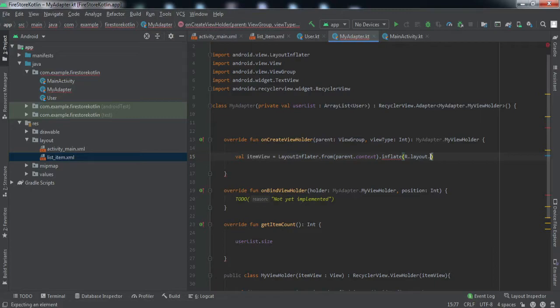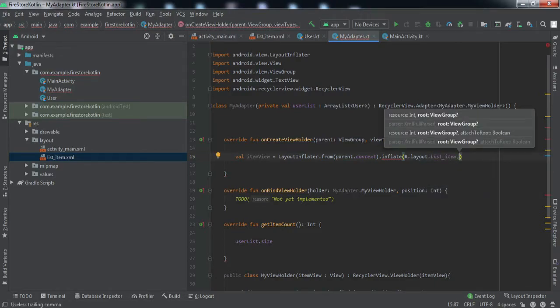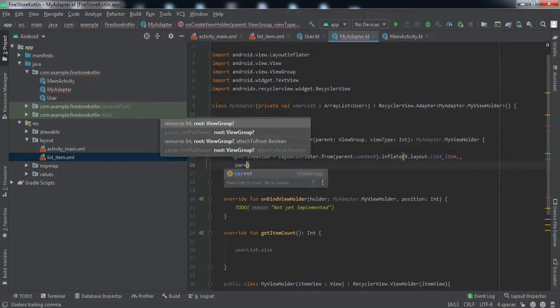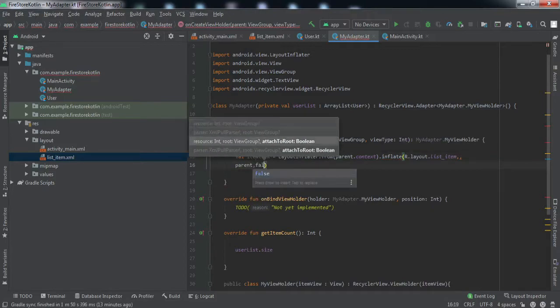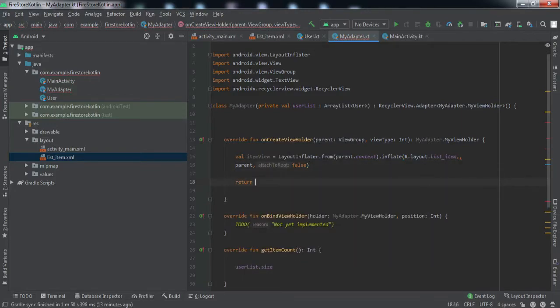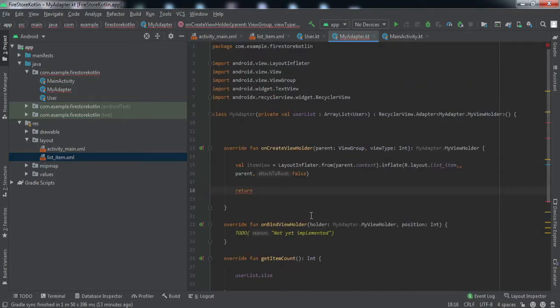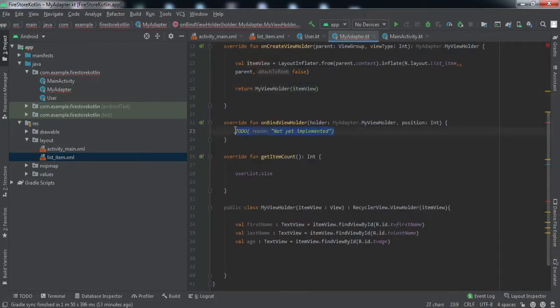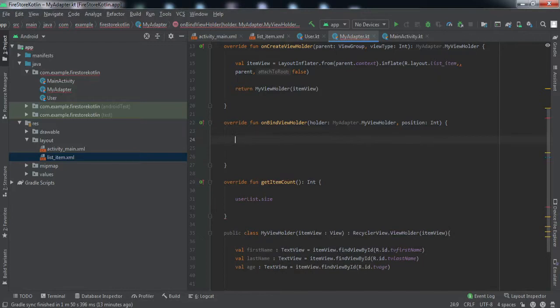So R.layout.list_item, parent, and false. Now we are going to return the object of this inner class MyViewHolder. So MyViewHolder, and we'll pass this itemView as an argument, right? So the last method we are going to override is this onBindViewHolder.